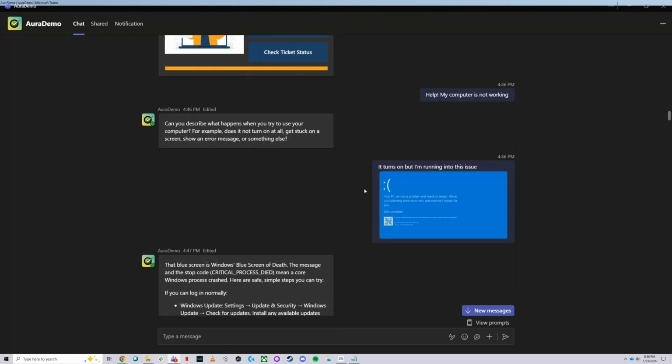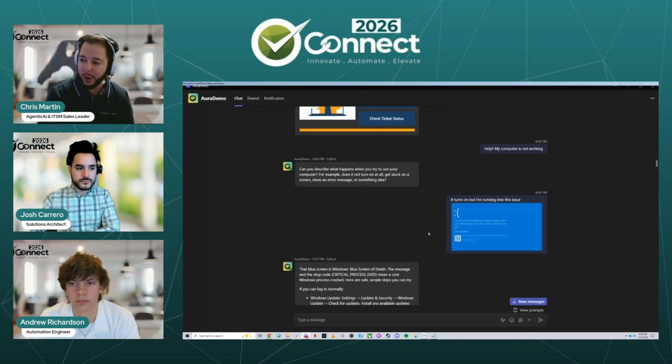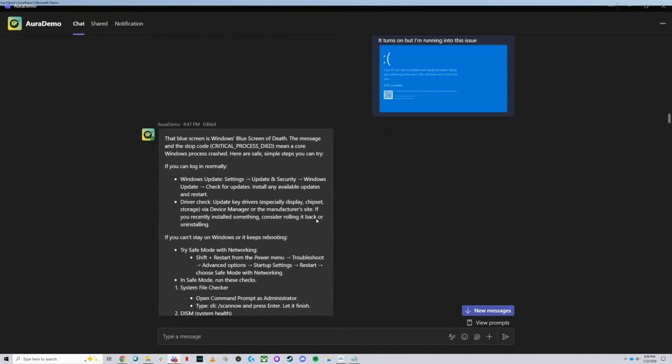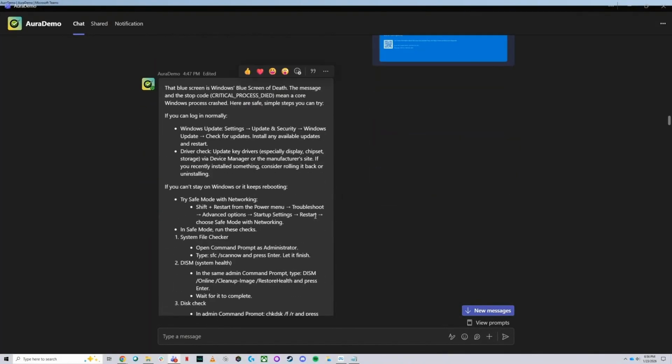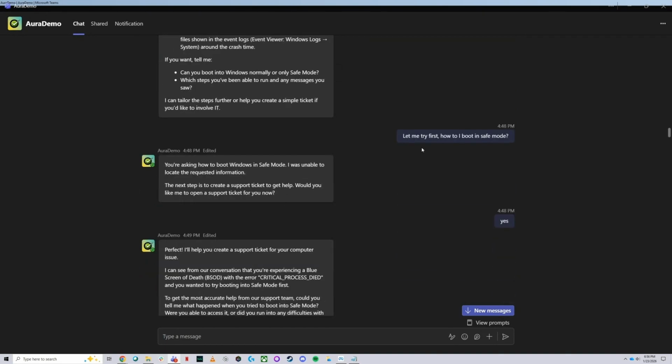So in this scenario, I said, hey, it turns on, but I'm running into this issue. Now, you also need to note, I'm actually demonstrating one of our AI capabilities, which is Vision AI, which is the ability for the AI to read images. So this is super helpful for troubleshooting, for triaging, but as JC will mention and showcase in a little bit, it's also helpful to deliver services. So I'm going to keep going through this process here. And I say the AI provides me with some troubleshooting steps. You can see it actually read the actual stop code and says, these are some things that you can try to do some troubleshooting.